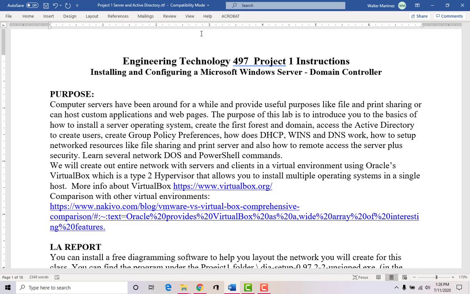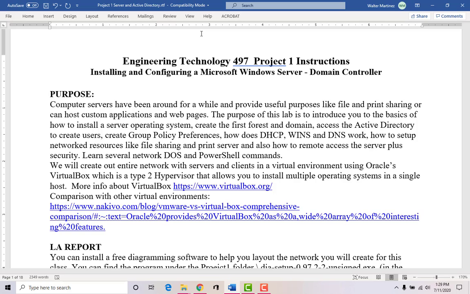We're going to be learning a lot of different things, including how to create users that can access the server, how to create shares. At the same time, we're going to be learning a lot of different networking protocols, including what DHCP is, WINS, DNS. All of these different acronyms will become familiar to you as you use these products. Although you have been using a lot of these things, you just may not know that you're using it.